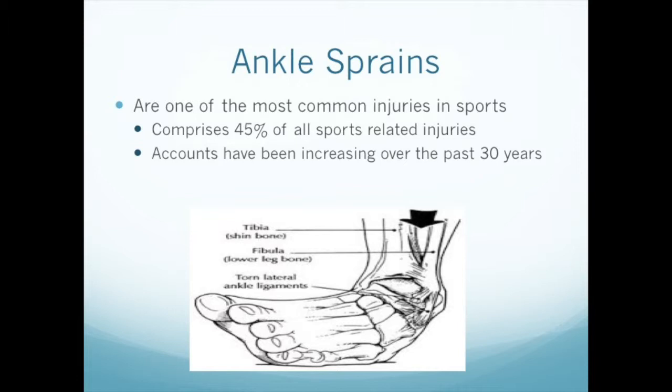They've been increasing over the past 30 years, which is kind of surprising with all the new technology in shoes and braces. Between 19 and 72% of patients with an ankle sprain encounter another in the future, and 70% develop long-term symptoms, which can lead to chronic ankle instability. Chronic ankle instability has symptoms that include feeling of instability, weakness, pain when active, constantly spraining the ankle, and things